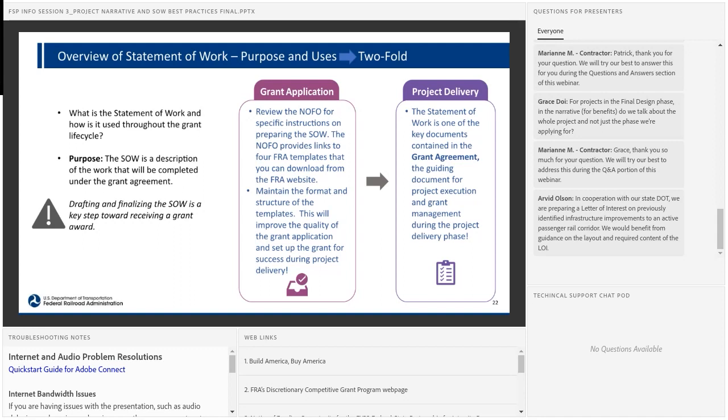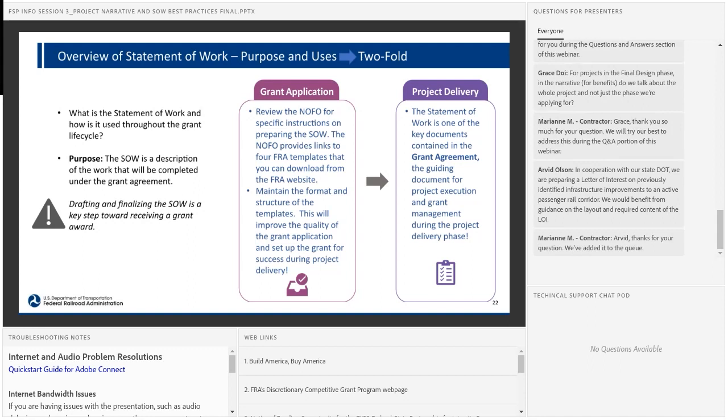And also, should your project be selected, if we have a good scope, schedule, budget at the beginning, that will eliminate back and forth as FRA and grantee exchange drafts and speed up the obligation process. FRA has gotten much, much better at obligating grants over the past 5 or 6 years, but it does still take some time. And we seem to be getting more and more money from more and more grant programs, which means more and more grants are going out. So anything we can do to expedite the obligation process helps tremendously. And that starts with a well-drafted scope, schedule, budget, and performance measures included in the grant application.